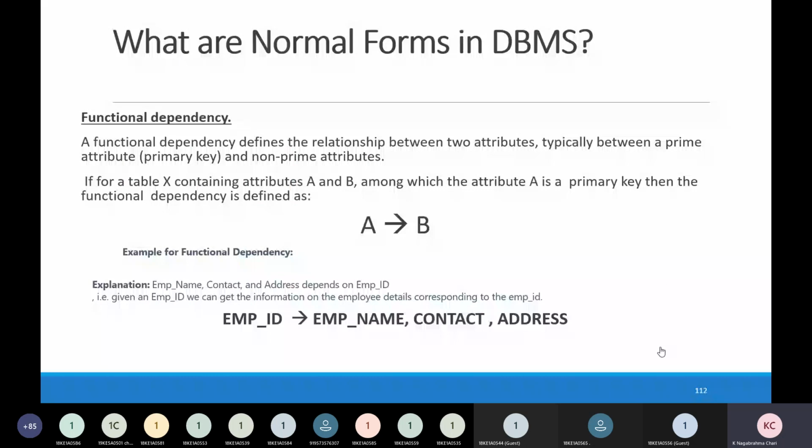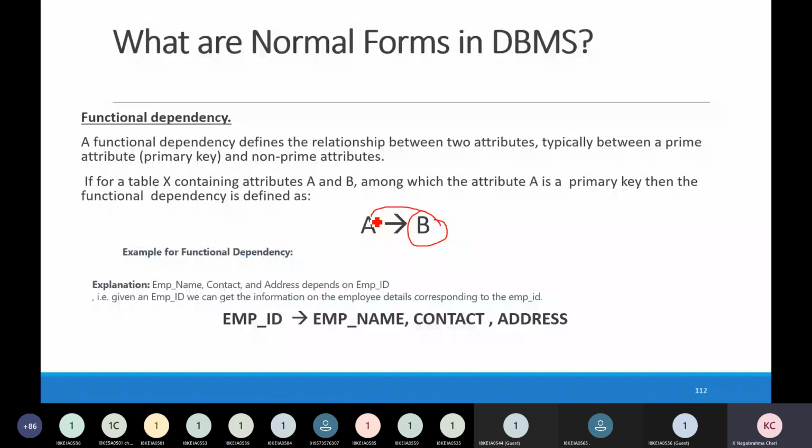Here, in functional dependency, suppose we write A to B. That means we are determining the B value based on A. So this relation is called functional dependency.